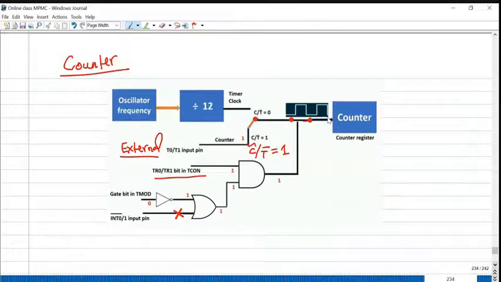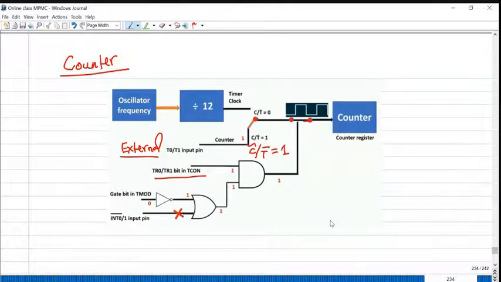So this is the logic behind timer and counter mode selection, the internal circuit logic for timer and counter. When it acts as a timer, it receives the clock pulses continuously from the internal oscillator. Depending on the mode of operation, it will give the interrupt once it overflows. When it acts as a counter, it counts the occurrence of external events. We don't know when the clock pulse will occur.